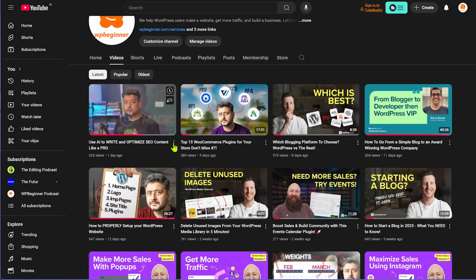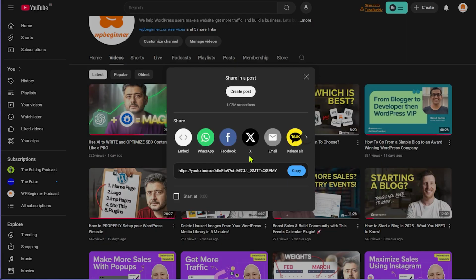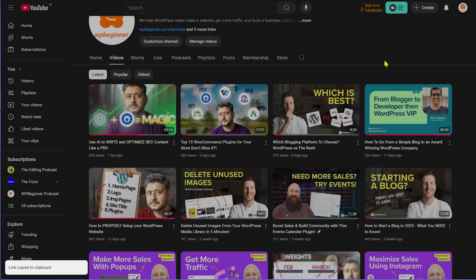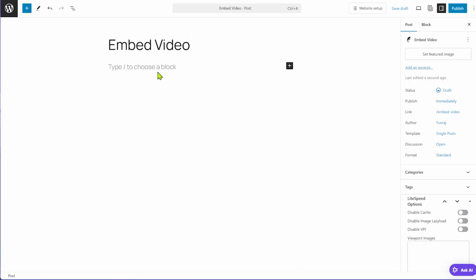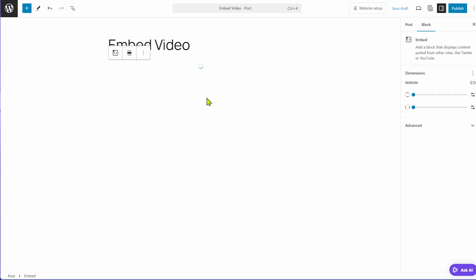In a similar fashion, you can have video uploaded to your website directly using the media library, but it's not recommended. So the solution to that is just use any external service to host the video, then embed the video on your website. For example, if you have a video on YouTube, you can take that video's link, embed it on your website, and users will not know the difference because if they click on the video, it will not take them to YouTube, it'll play right on your website.